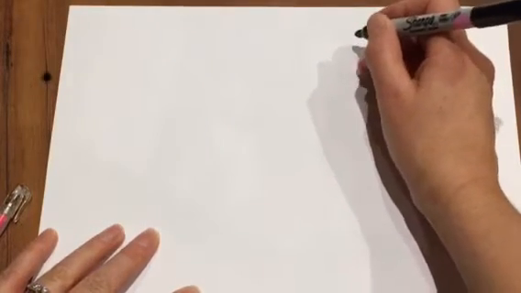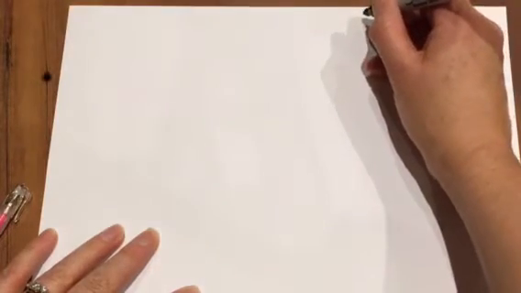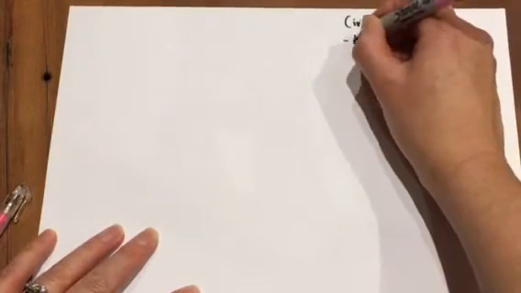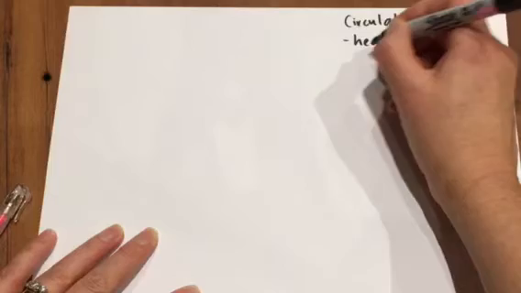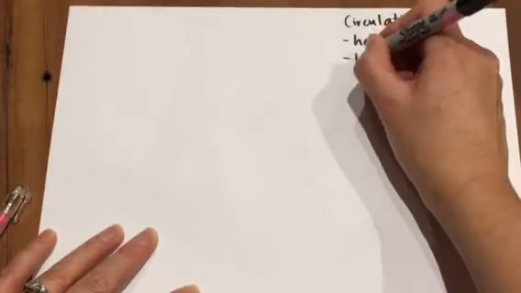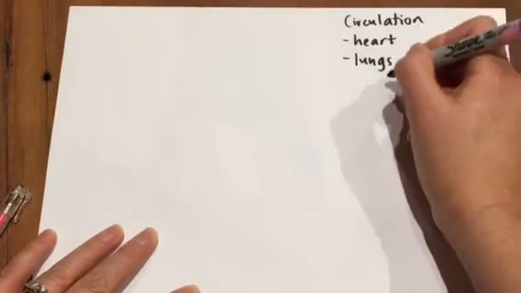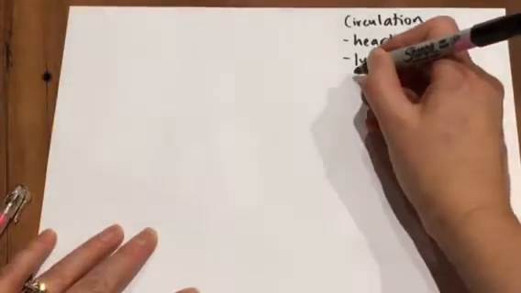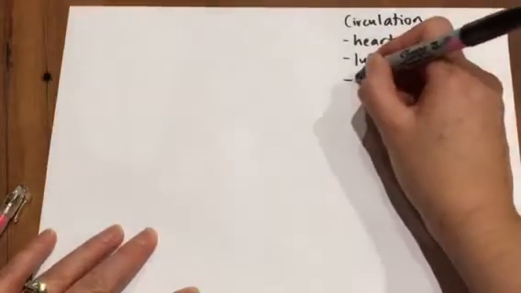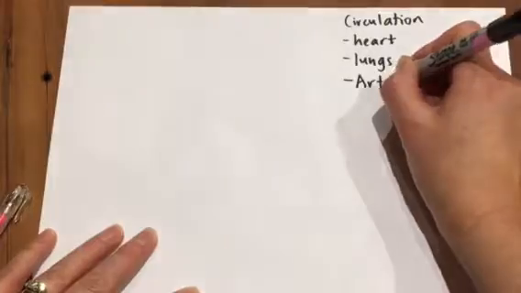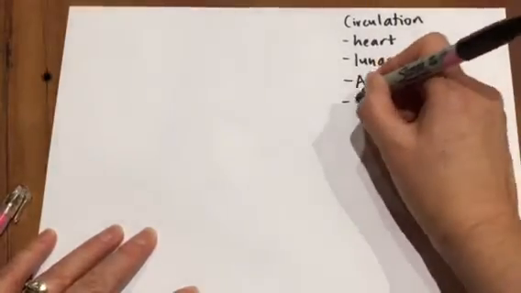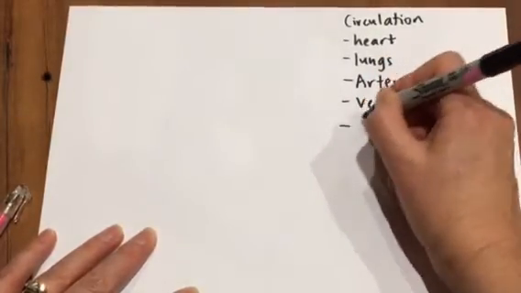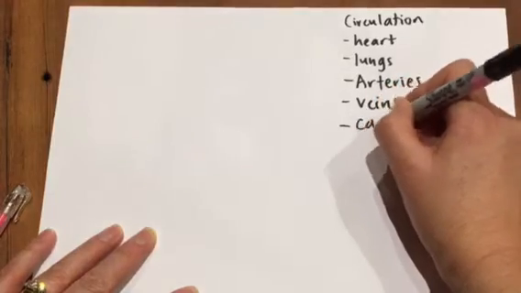Right, this is the second video in my series. The first one was the respiratory system, and this one is the circulatory system. This one is going to involve the heart and the four chambers of the heart. It's going to link to the lungs, the pulmonary artery and the pulmonary vein. We're going to be talking about other arteries and veins and the capillaries,